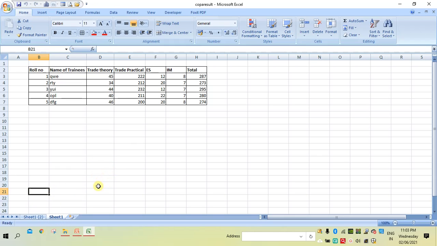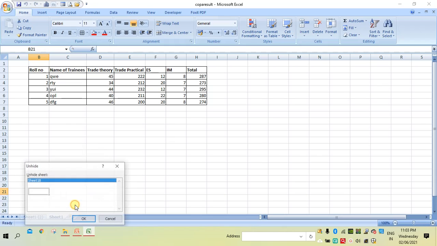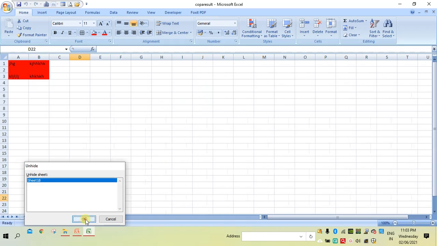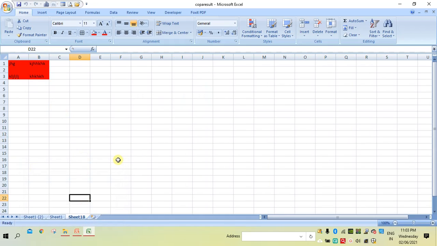To get it back again, on any sheet click the right button and select unhide, and here it will give you a dialog box. Select the sheet which was hidden, and to unhide it, select it and say OK. So this way we can either hide a sheet or unhide a sheet.